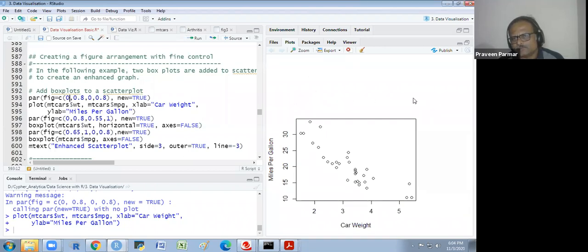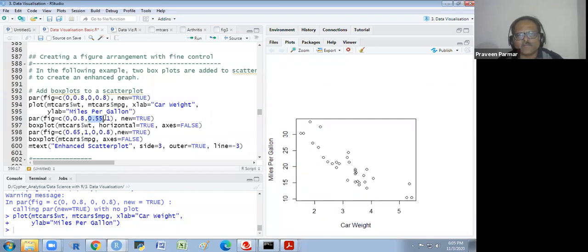Here I want to build some box plot. So I have given this parameter 0, 0.8 and 0, 0.8. And now I use another parameter for the other graph. That is a box plot for mtcars weight. Car weight is here, so I will make a box plot here. First box plot, that is 0 to 0.8. 0 to 0.8 would be this width.